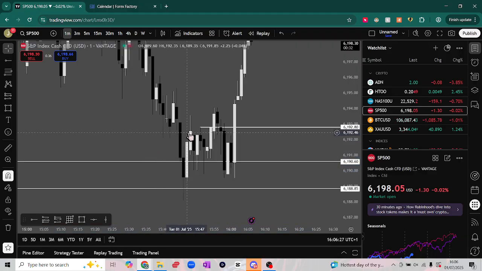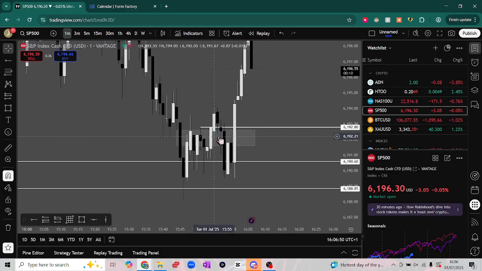It's just so it becomes a bit clearer. So what I was interested in was this here. And here's my mistake. What happened was we didn't break structure here, but we inversed the gap, which technically can mean a break structure, but because we were in this and it wasn't like a strong push,